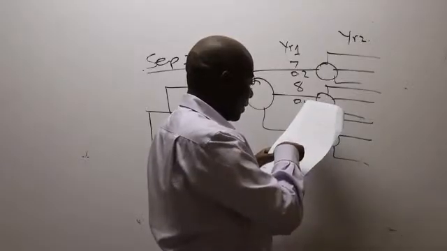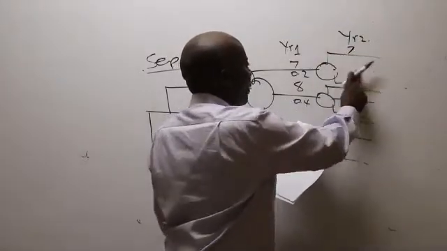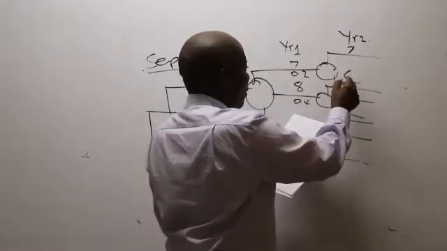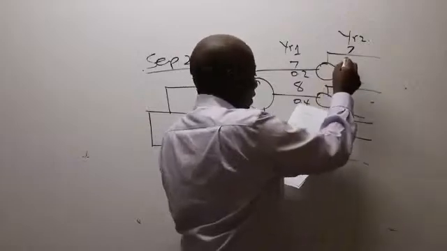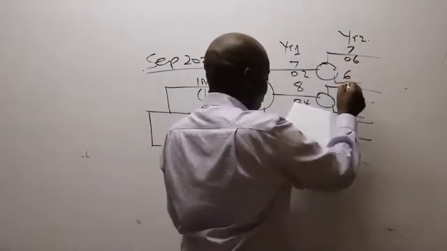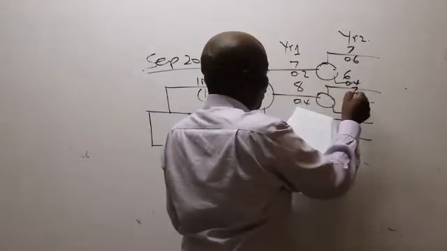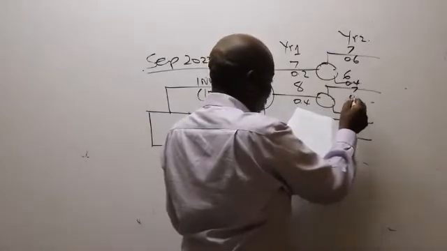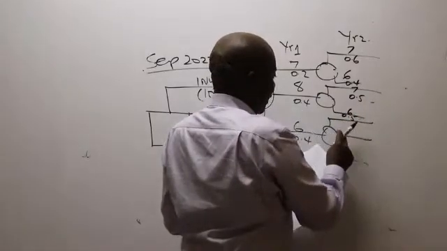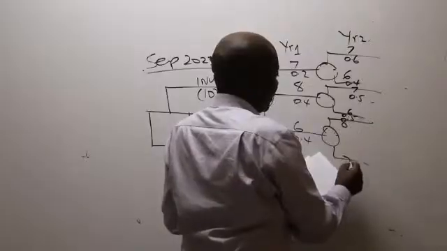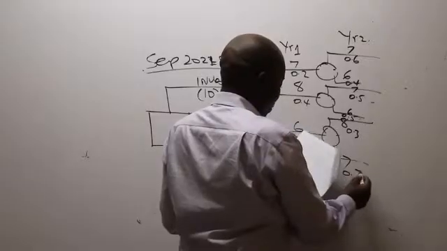There is a figure which is misplaced. It must be that 7. So we have 7 there. Actually, there are two at a time: 7 and 6, with these probabilities of 0.6, 0.4. And then we have 7, 6 with 0.5, 0.5. And then lastly, we have 8, 7, with 0.3 and 0.7.